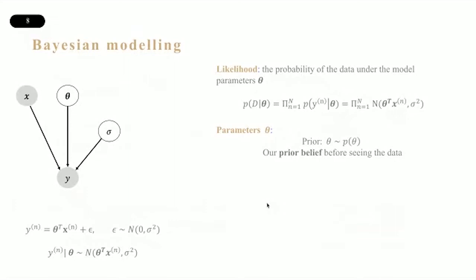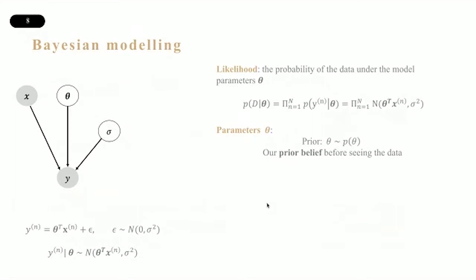If we want to elaborate more on this, the Bayesian modeling can also be described by using graphs. And the graphs indicate the relationship between the parameters. In our example here on the left side, I observe the x and the y's of the linear model. And then I don't know anything about the theta, the weights, and about the sigma, the standard deviation of the noise. That's why the x and y are filled with gray color, while the theta and the sigma are not.